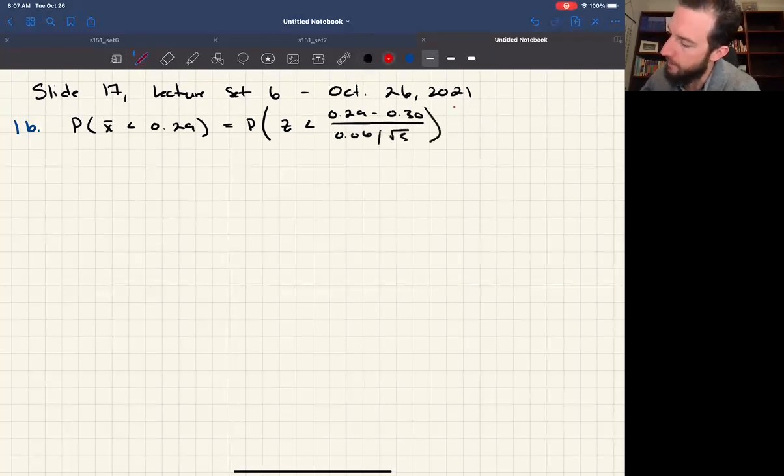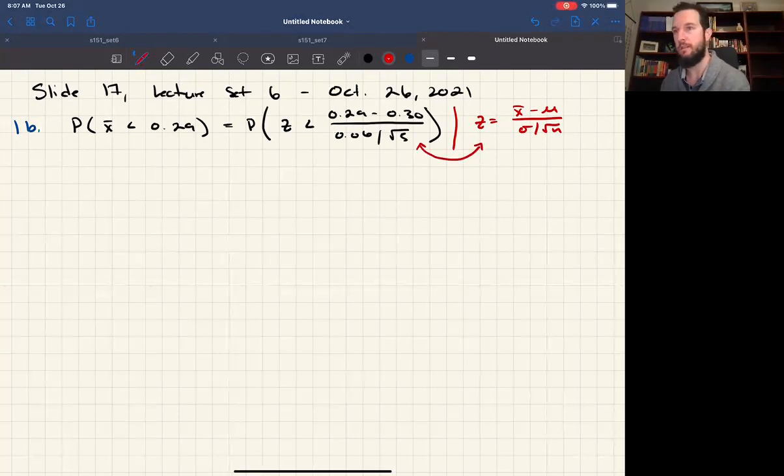And then just as a reminder, all that's happening here is inside the expression, I am applying our z-score formula. Okay, so these two parts here, those are the same thing. I'm just writing it directly within the probability statement